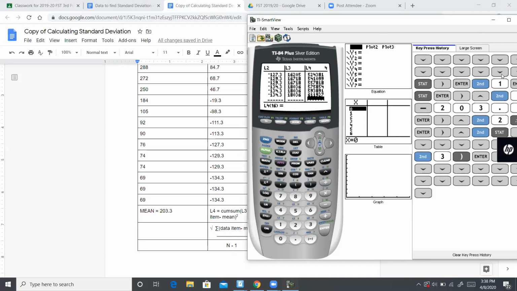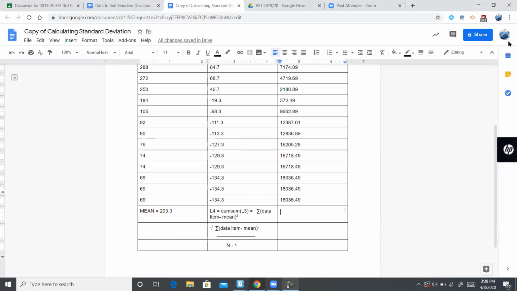So that number, I'm going to click on it. It is 611,927.35. So that number is going to go right here, 611,927.35. So that is our cumulative sum. Okay, so what do we do with that? So the next thing we're going to do is take 611,927.35 and divide it by